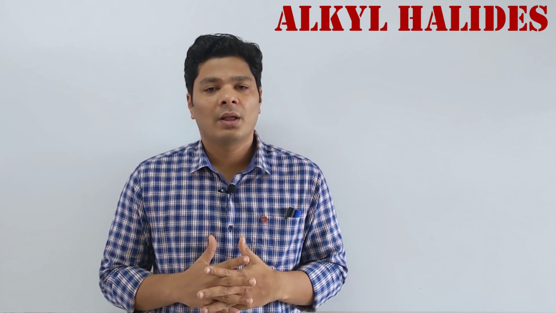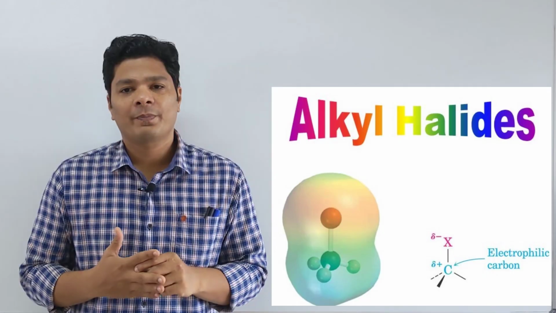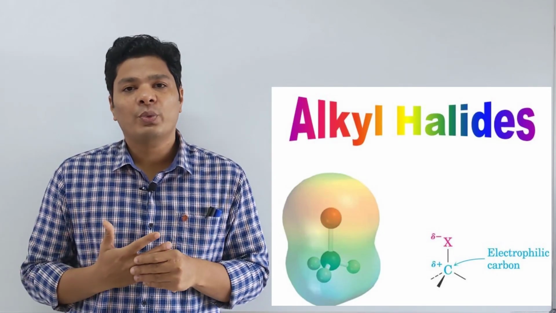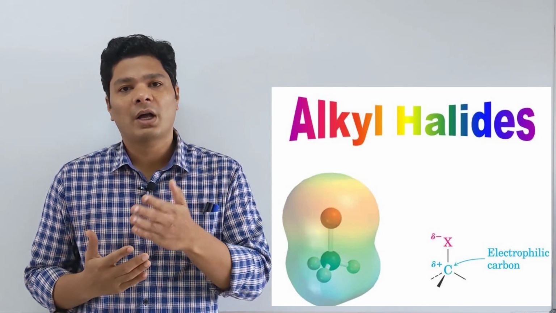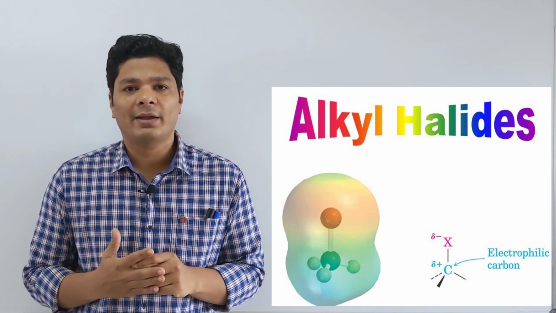Alkyl halides. Now this is an important chapter because alkyl halides are a precursor to many other organic compounds. I can convert the alkyl halides into the compound of interest with other functional groups. Now what are alkyl halides? Compounds where there is a direct halogen carbon bond are called alkyl halides, and there are two types.